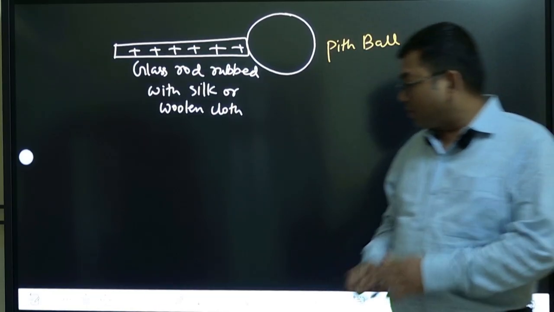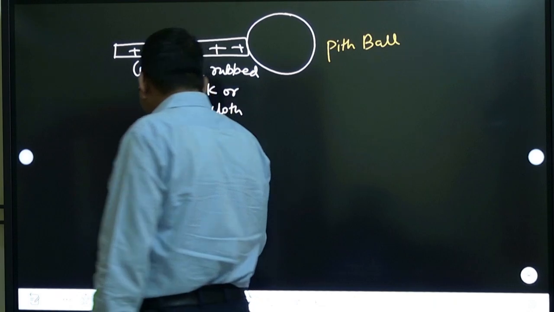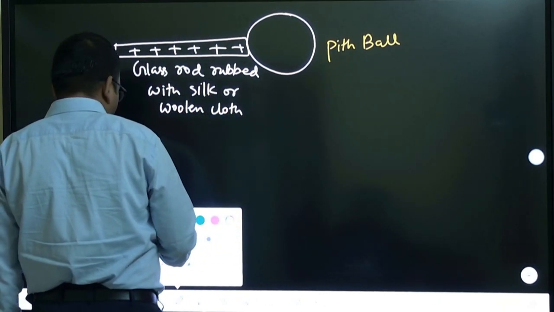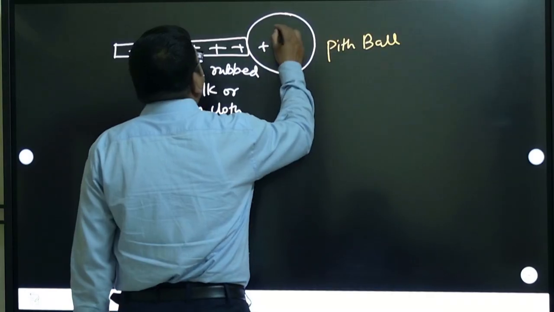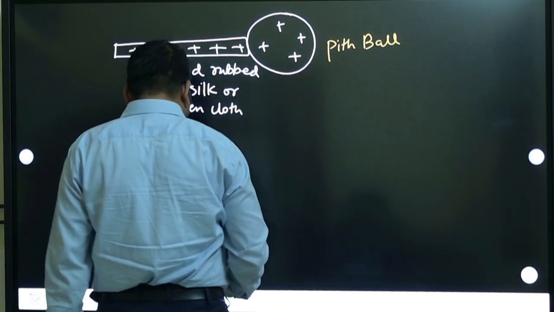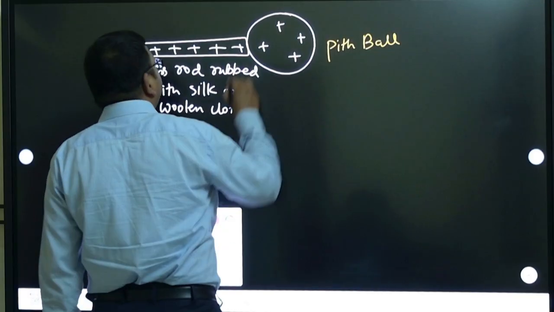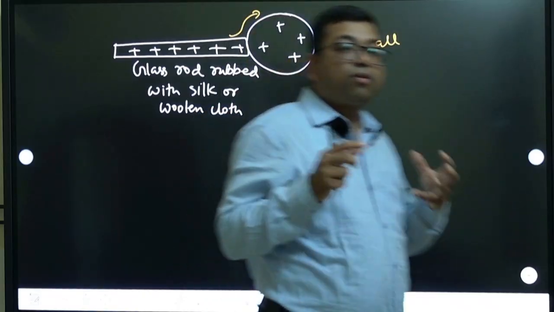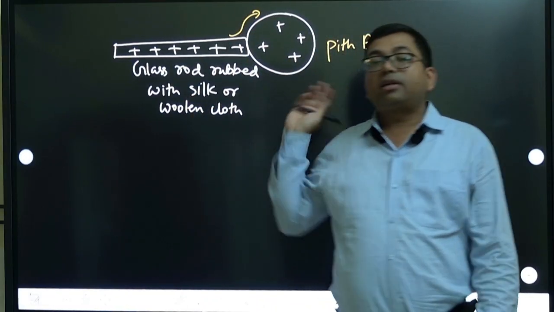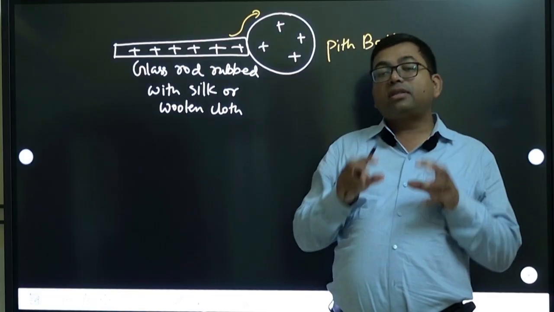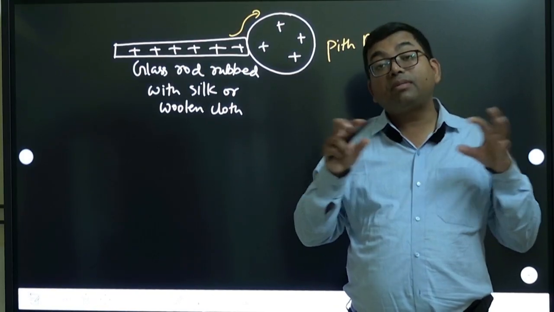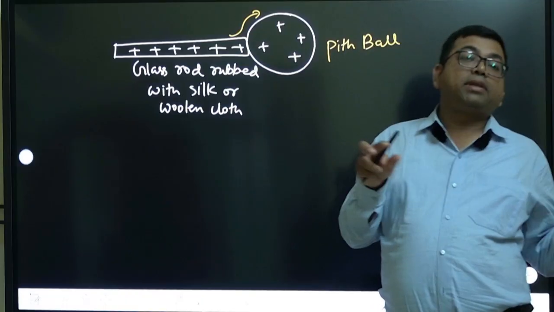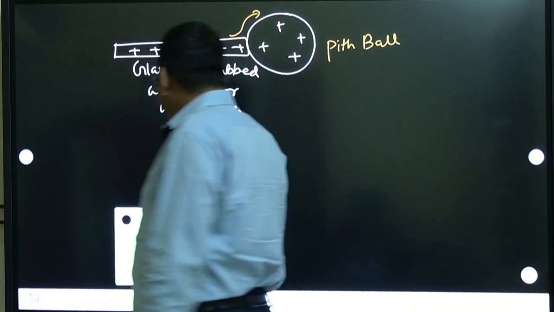So it was found that this also becomes charged. It also develops charges. Why does it develop charges? Because charge flows from this body to that body. The positive charges flow from this body to that body, and they develop positive charges, and then when you separate them, they show repulsion. So this method is called